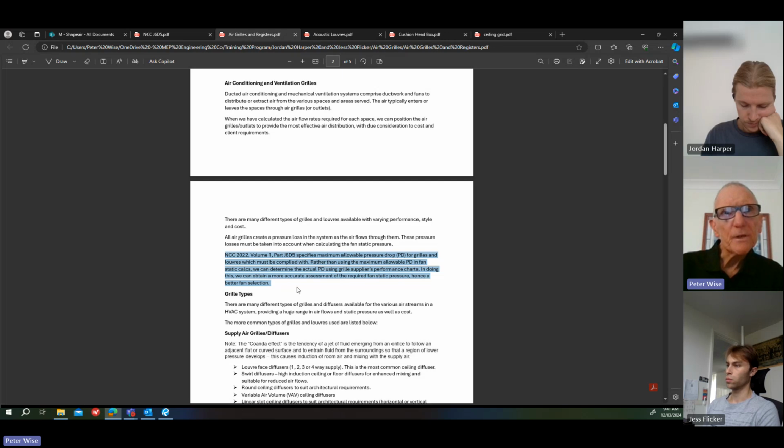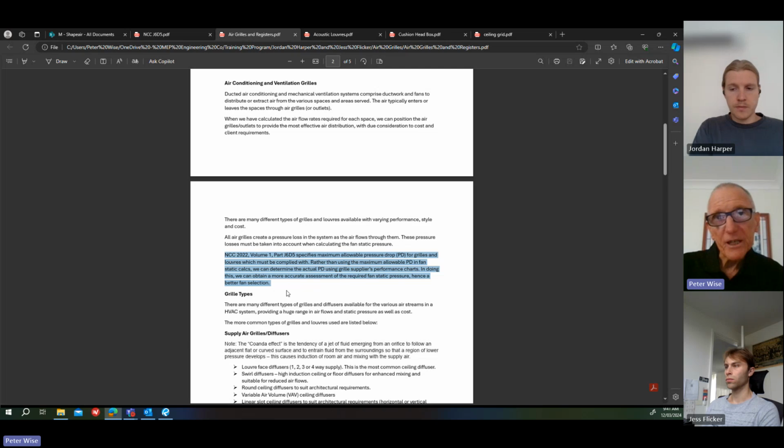So I sent you a link to the Shape Air information, which is in your files, but I'm going to talk about that a bit more shortly, and how you can go in and actually look at the performance of these grills. So once you know what sort of grills you're going to use, the performance data is there in the Shape Air information. Now, that's not to say that the contractor is going to use Shape Air, because there's probably